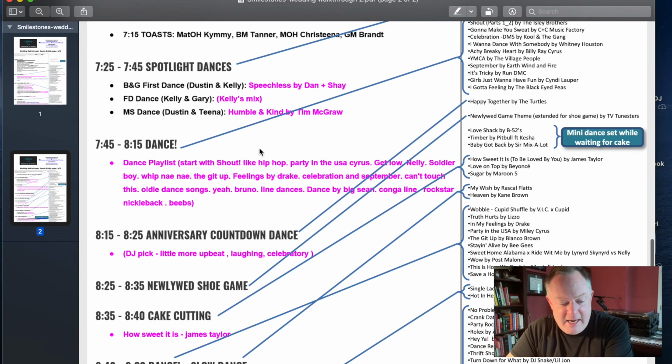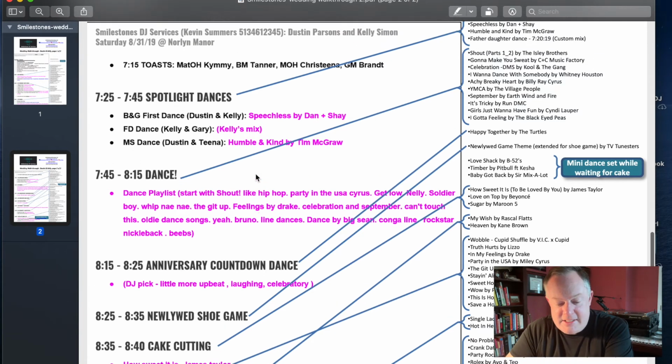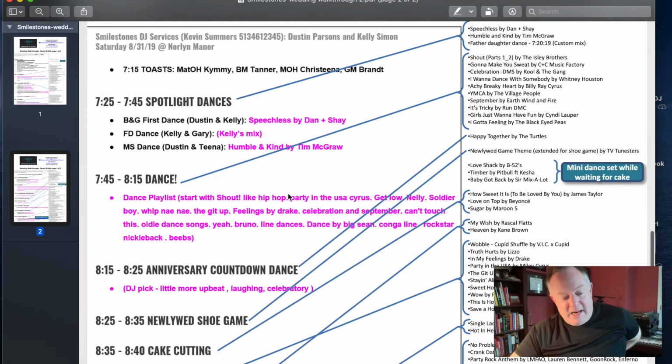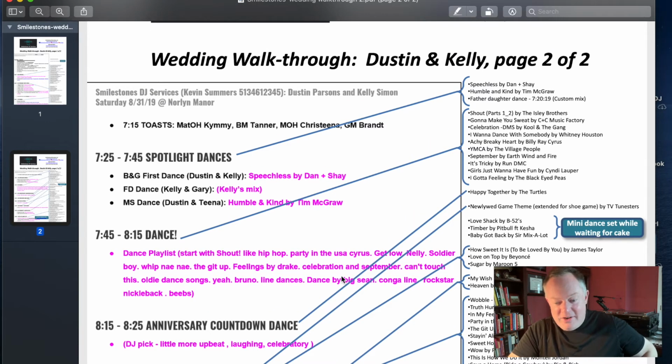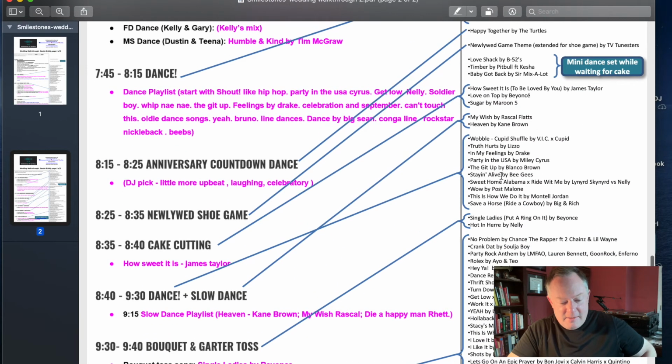And here's what they gave me as guidance, and they definitely wanted to start with Shout. And then they just gave me, and these were just quick notes that I wrote down for myself. This isn't the client copy of the script. This is more for me in this pink writing. And basically you can see what I did. I introduced some of their songs either here or in the dance section. It comes a little later, this